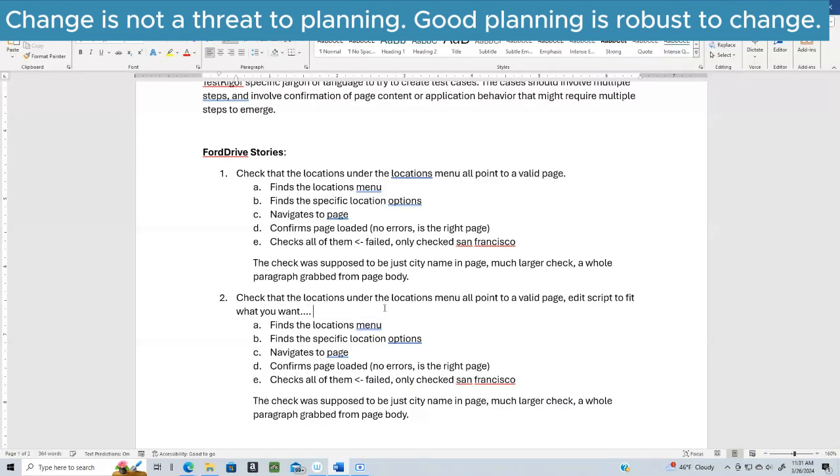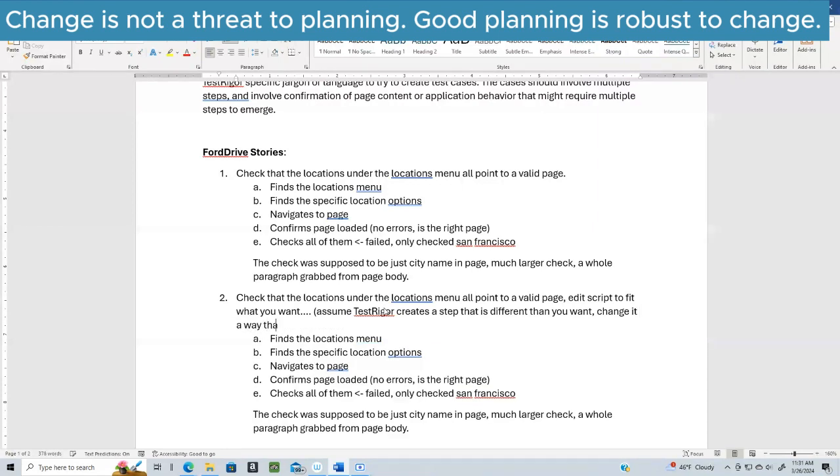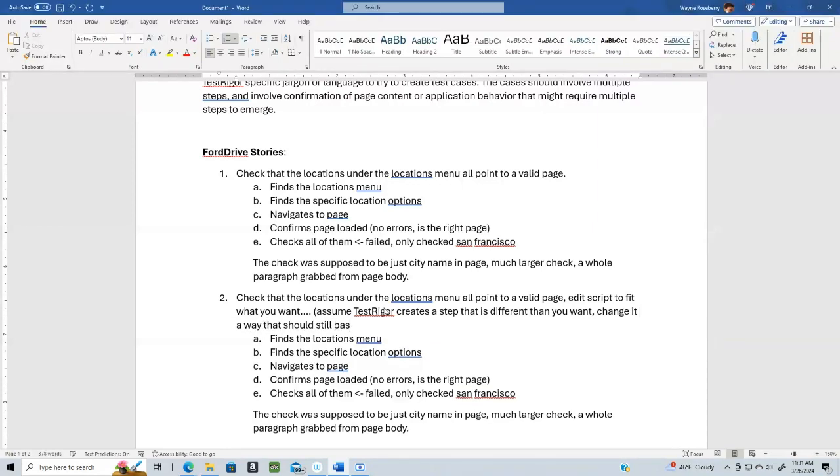Okay, assume Testrigor creates a step that is different than you want. Change it in a way that should still pass. Notice I'm not being really precise on this. We could be if we wanted to,